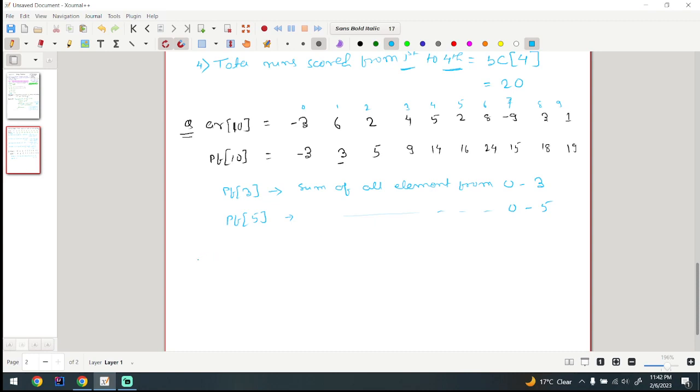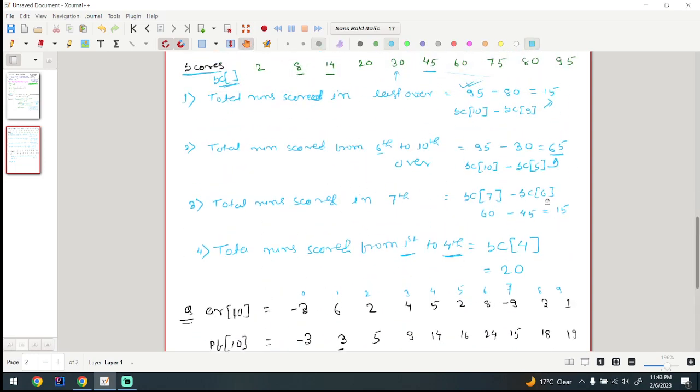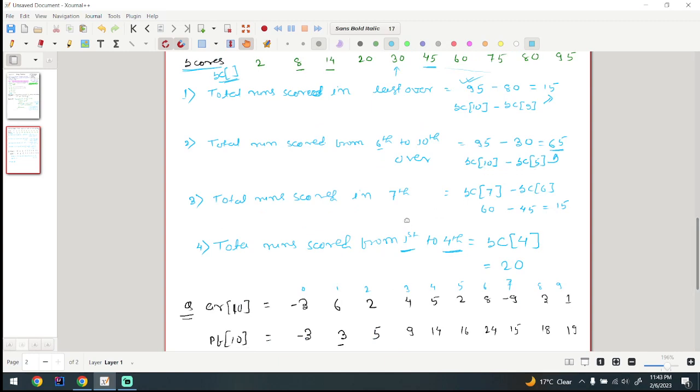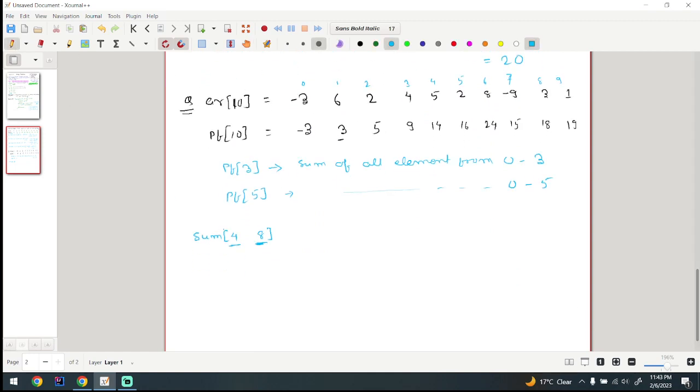Now you tell me, if they ask, give me the sum of 4 to 8, what will you do? So 4 to 8 means, what is the 8th value? First we were seeing the highest index, and then the lowest index. If you see here, the highest index was 7 and the lowest index was 6. The highest index was 10 and the lowest index was 5. Same way we will do here. They are asking for the value from 4 to 8. So what are we going to write here,